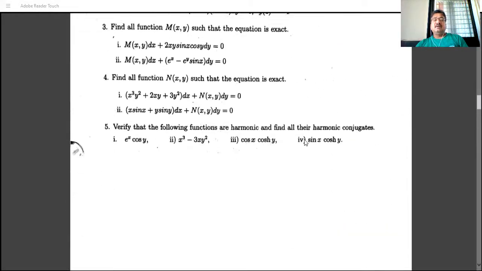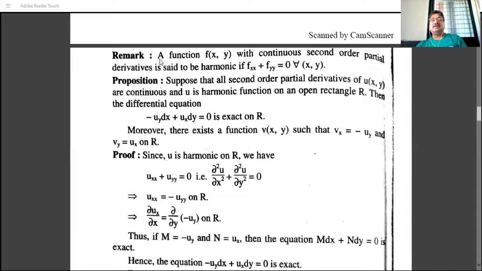Next topic is the harmonic function. So what is the definition of a harmonic function? A function f(x,y), that is, f is a function of x and y, is continuous and possesses second order partial derivatives, that is, its second order partial derivatives exist. And then this f(x,y) is said to be harmonic if f_xx plus f_yy is equal to 0,